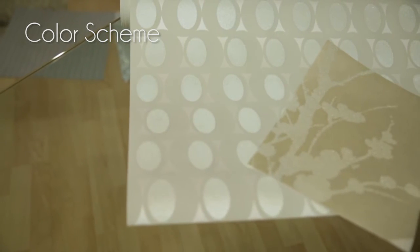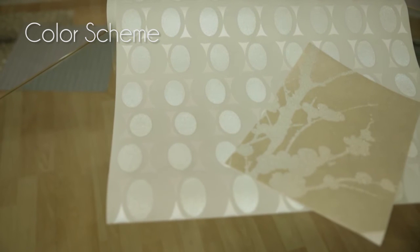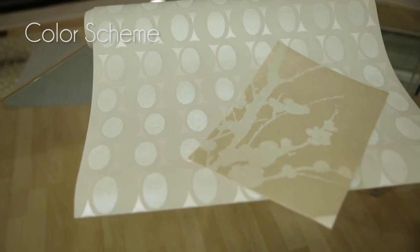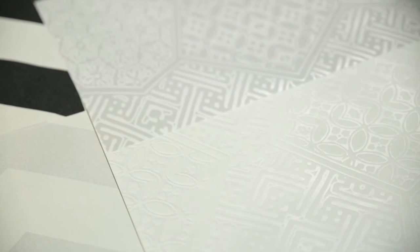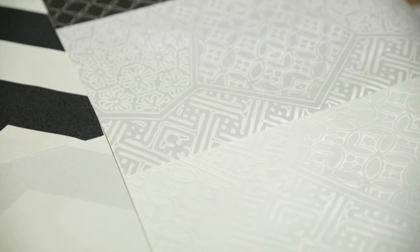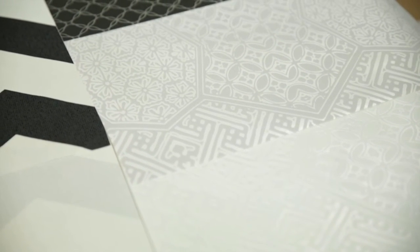Another thing you want to consider when you're selecting wallpaper is your color scheme. You want to look at papers and consider the mood and ambiance. So for example, these lacy papers would look beautiful in a woman's room or a closet space. It's a very delicate pattern, and it has a beautiful metallic finish, which kind of talks to my next point,